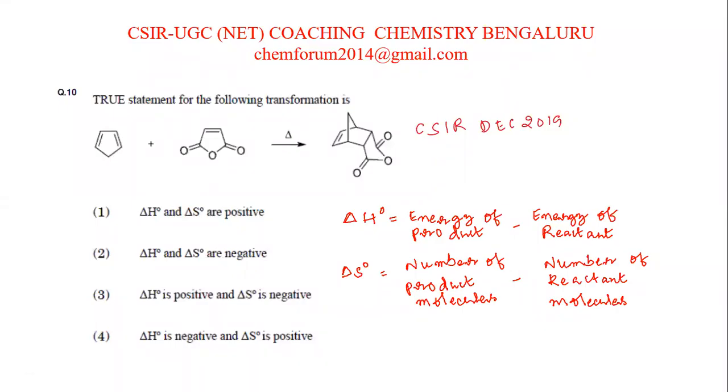In this session, a few previous problems from pericyclic reactions were solved. This question appeared in the CSIR December 2019 exam. The true statement for the following transformation is: we have two reactant substrates and a product given here. This is cyclopentadiene and maleic anhydride, which under thermal conditions gives this